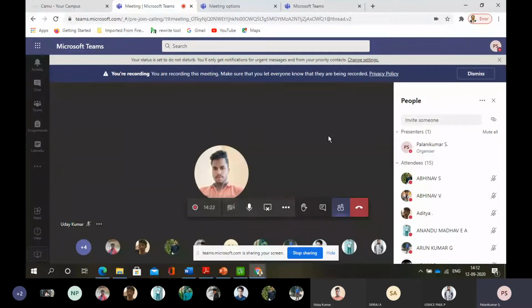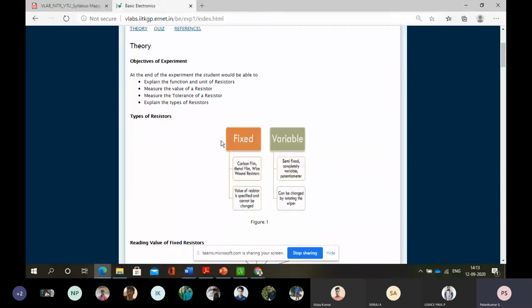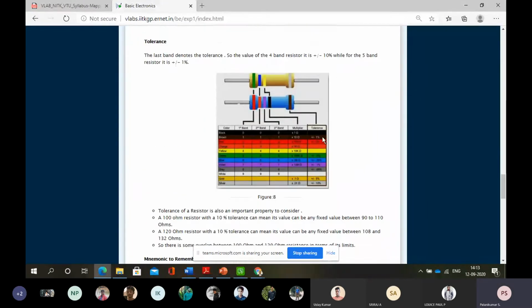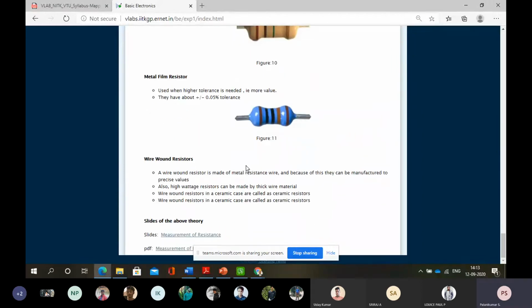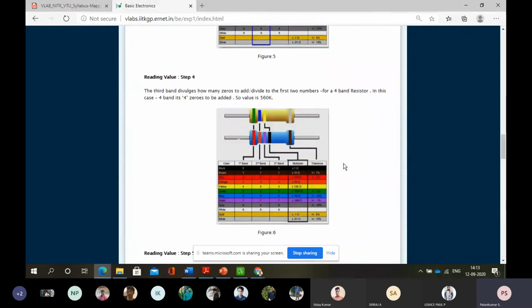So as far as this lab is concerned, this is not going to come in as an experiment, so you have to grasp it very easily. That is the content that is given, the list of experiments, resistor. I have completely converted it into a PPT. We have conducted it, I explained how to do that, so after that you should be able to know that. That's all. Okay. So now, as far as this class is concerned, we are going to see the inductor.